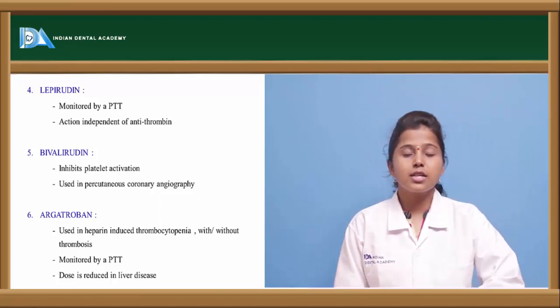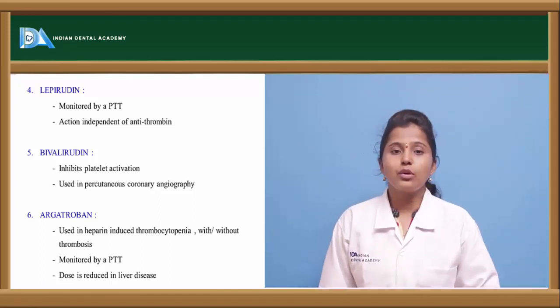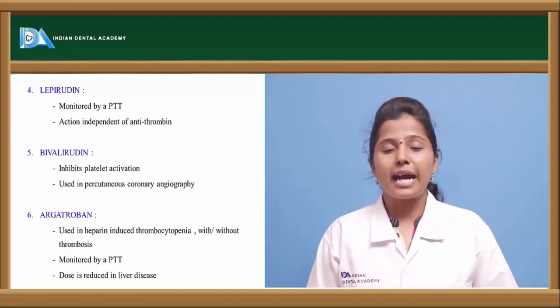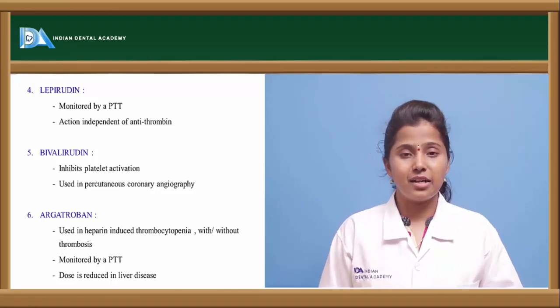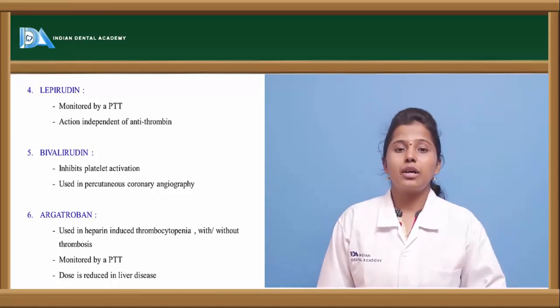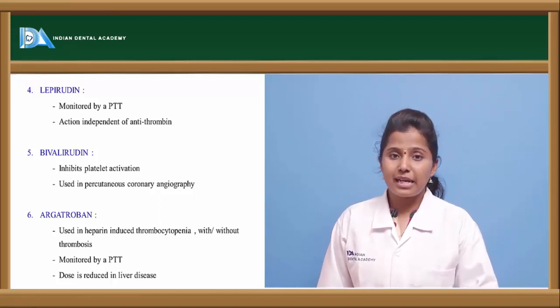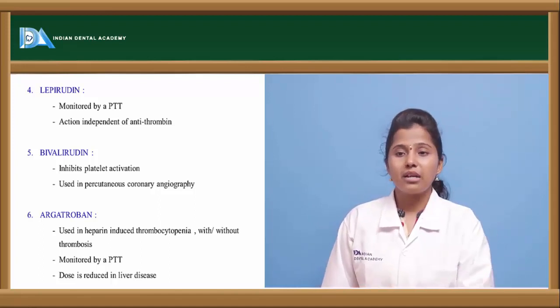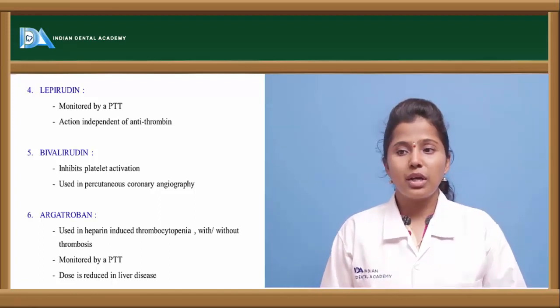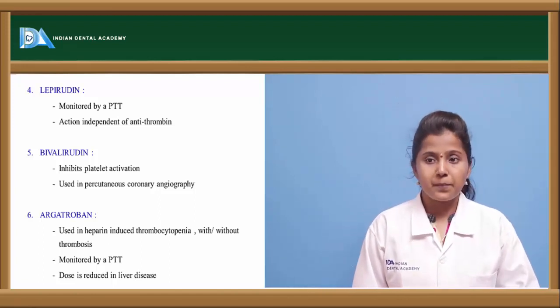As usual, these drugs act without antithrombin binding. And bivalirudin acts by inhibiting platelet aggregation. The platelets, or thrombocytes, which initiate the coagulation, their aggregation will be inhibited by bivalirudin, and it is used in percutaneous coronary angiography. And